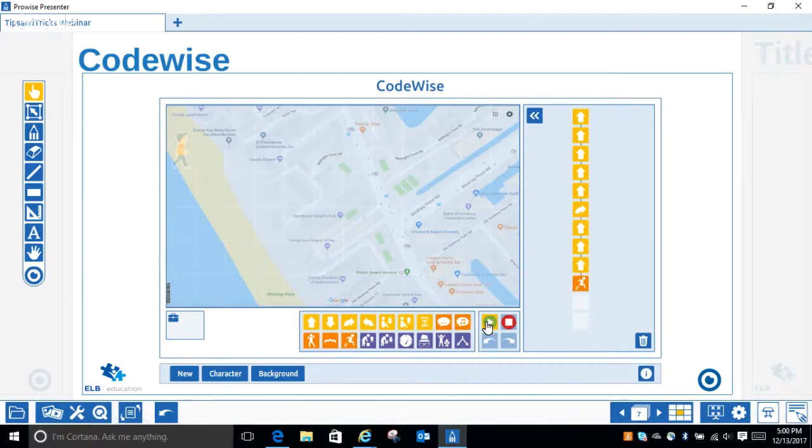So when they come here and select the play button, on the right hand side I can see what steps they are on. They're going to turn, they're going to continue going straight. Oh, we passed the beach club, and they're going to jump. We made it. So again, code-wise, you can use it for getting familiar with your surroundings, using Google Maps, maybe